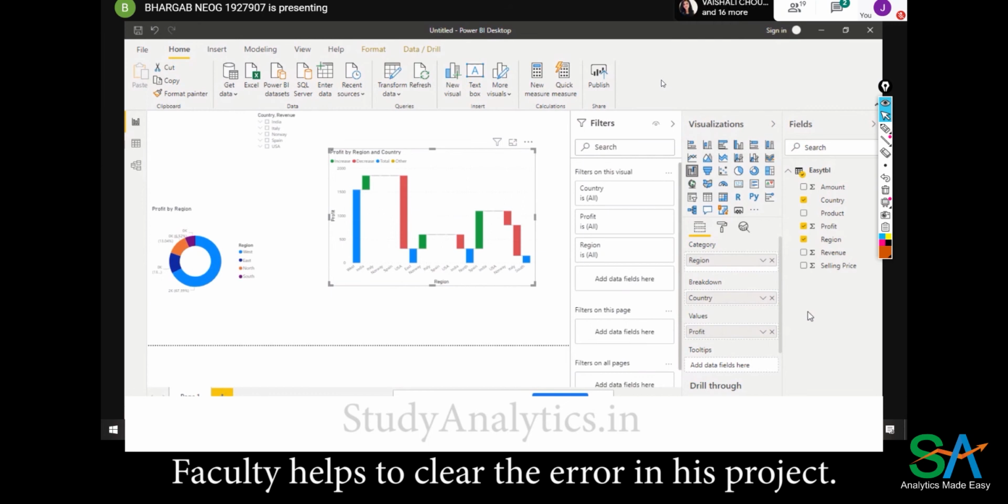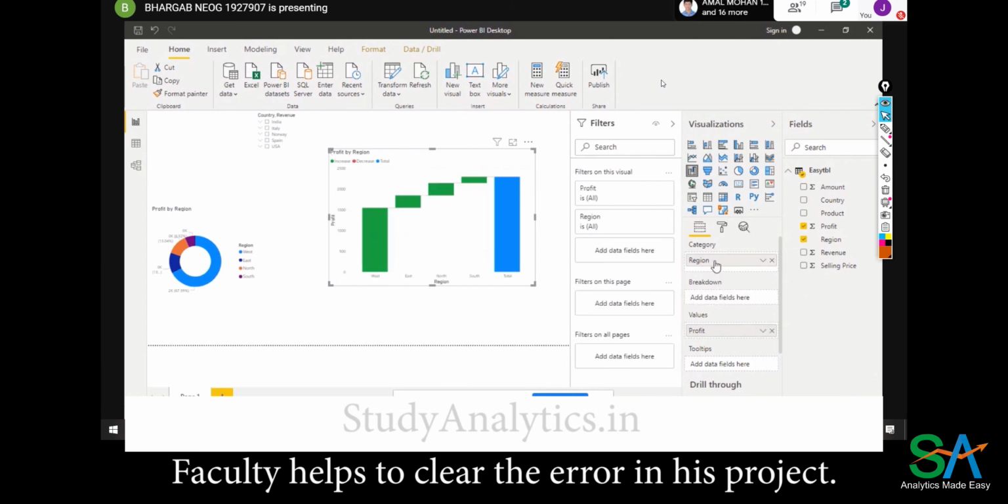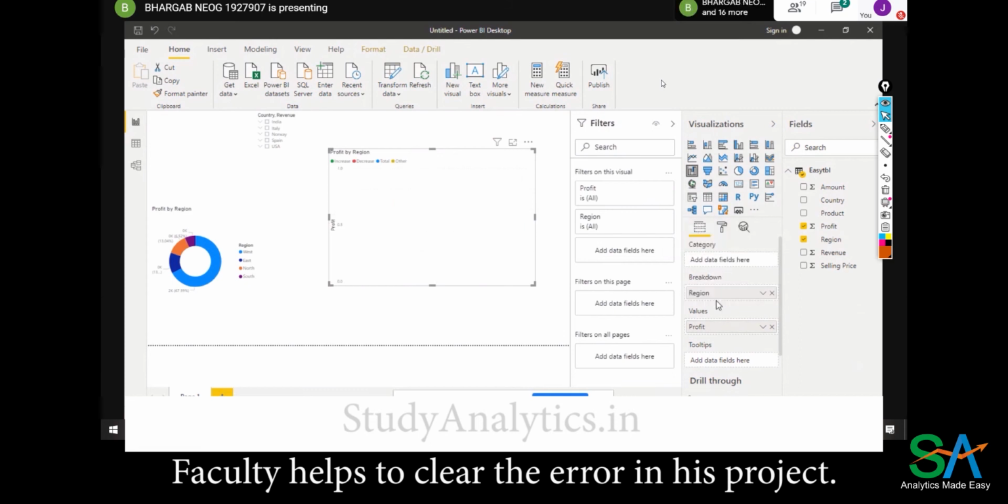If you just break it down according to the region, you'll get it region wise as I had done it. Just swap region and country, that's all. You can just remove that field. Yeah, drag it down. Category, add the country.